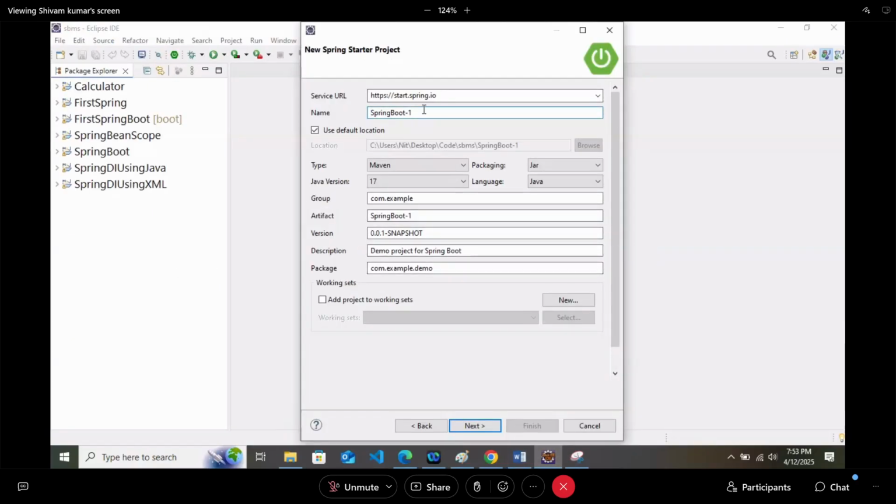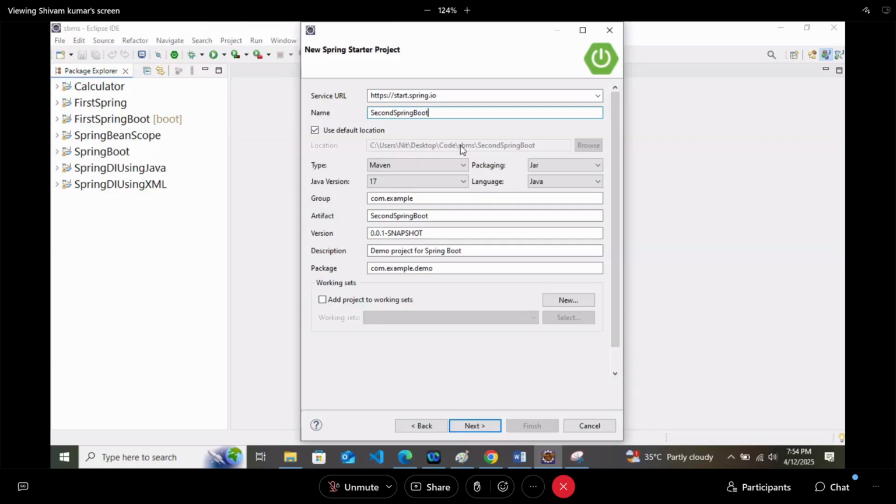You have to write the project name. I will write the project name as Second Spring Boot. You can use the default location. The project is getting created inside the SBMS folder, and that's what I need. So it is already using my default location.